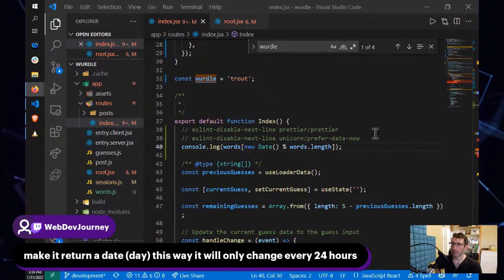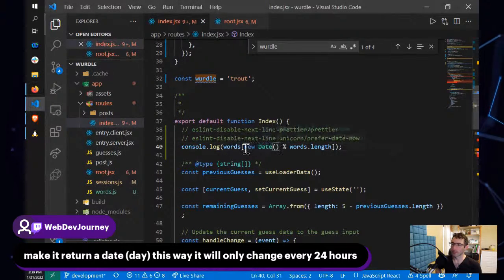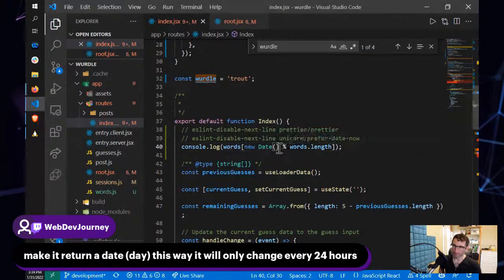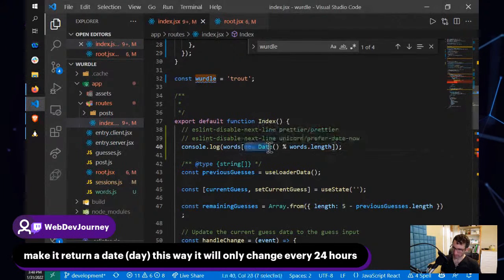Ah, I see what you're saying, because this is giving me, it changes every time you reload. That's right. And I want this to be today's date. Right, so I think we can say,